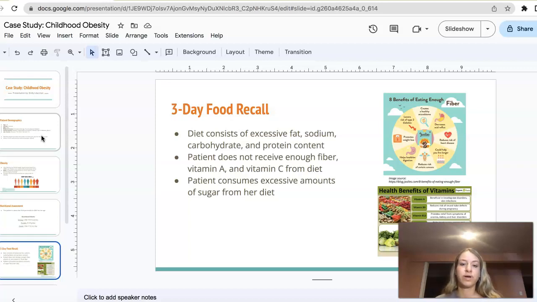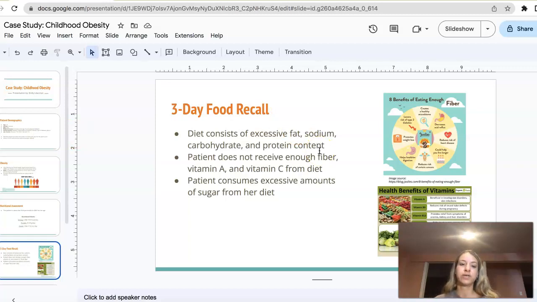So it's really important that this patient, especially for her age, is getting those essential fiber, vitamin A, and vitamin C, as well as other vitamins such as vitamin B12 and vitamin D. Fiber, as we can see in the picture, helps with promoting weight loss, lowering the risk of type 2 diabetes, and decreasing acid reflux. So it has a lot of beneficial factors, as well as the vitamins that are beneficial for the skin, immunity,